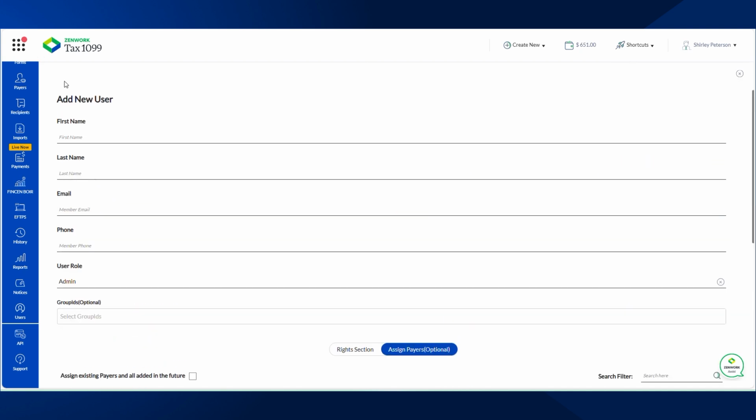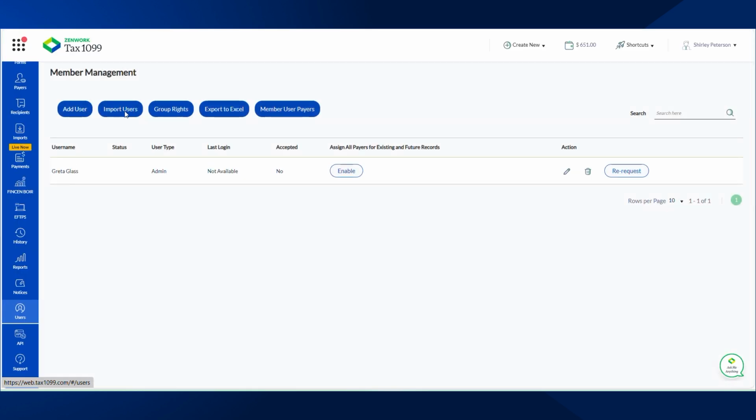Once this is done, they will be listed right here, and they will have specific responsibilities, and then they will be sent an invitation link that they will have to click in order to get